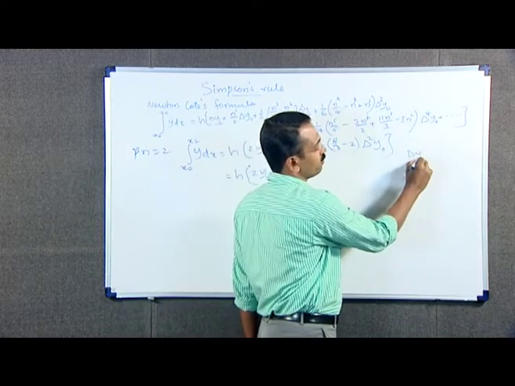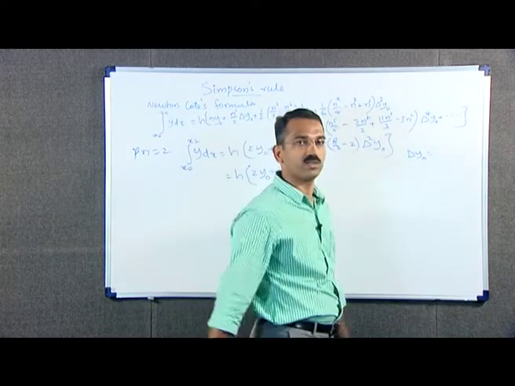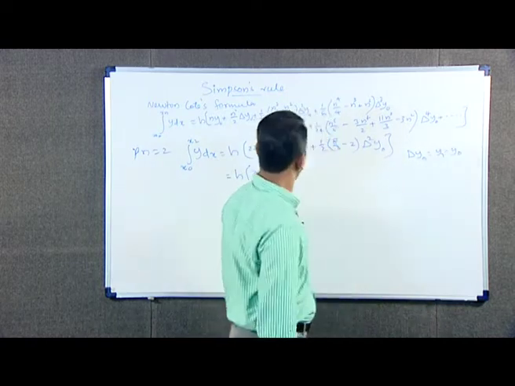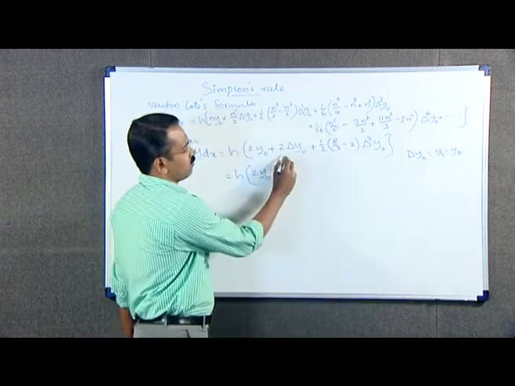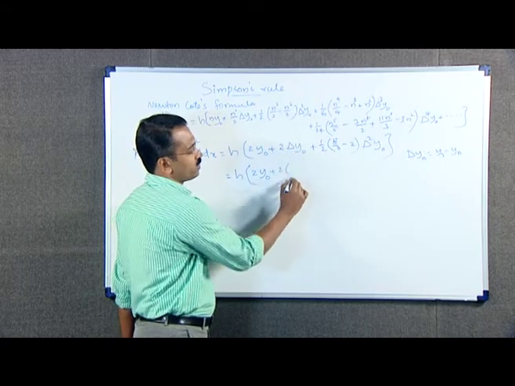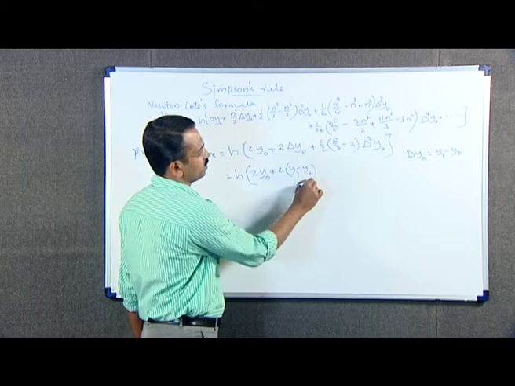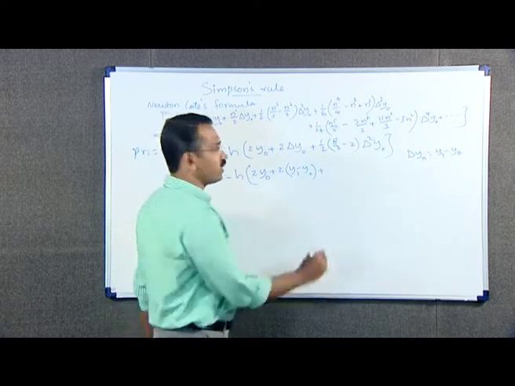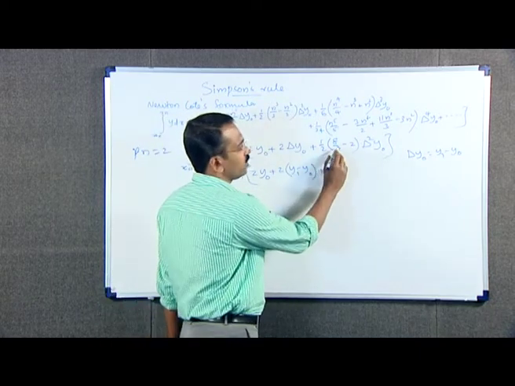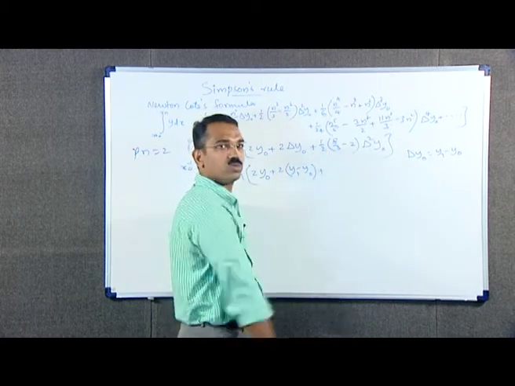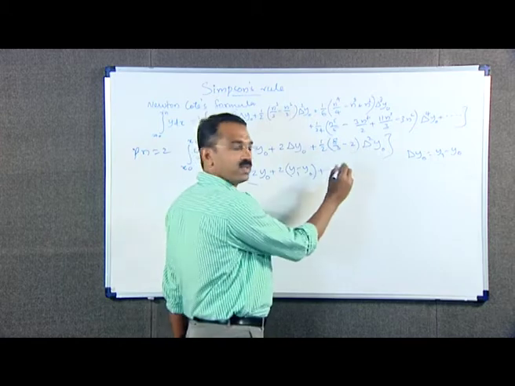Delta means the forward difference operator, therefore delta y0 is y1 minus y0. Therefore this term 2 into delta y0 becomes 2 into (y1 minus y0) plus 1 by 2 into (8 by 3 minus 2), that is 1 by 3 into